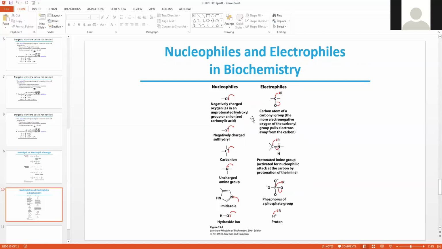And then if you were to compare or contrast that to the electrophiles, say for example the electrophilic carbon in a carbonyl, or a protonated amine group, or a phosphorus in a phosphate group. And then of course the positively charged proton or hydronium. So those are some examples of the molecules that we'll see